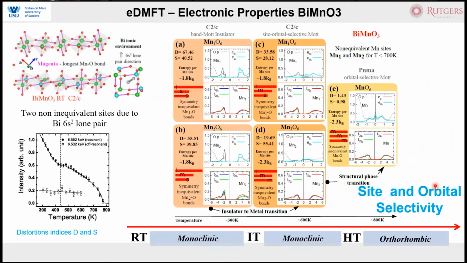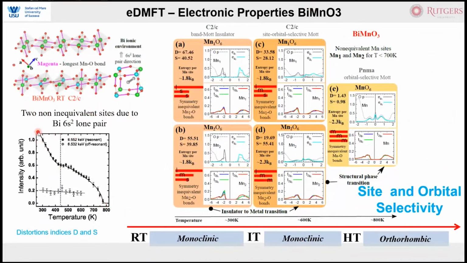Now let's go back to bismuth MnO3. Here things become very interesting, because it was proposed that at room temperature you have orbital order in bismuth MnO3. But as you increase the temperature, you kill the orbital order, and once you go above about 780 Kelvin, you destroy this orbital order. And my question was,